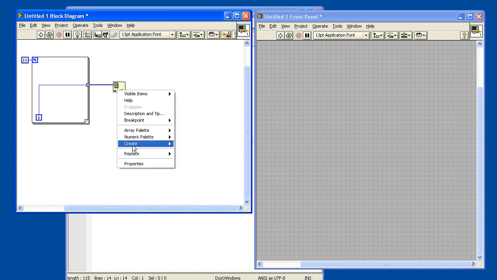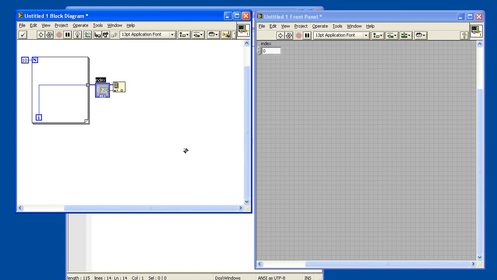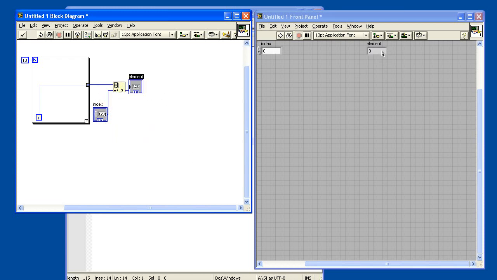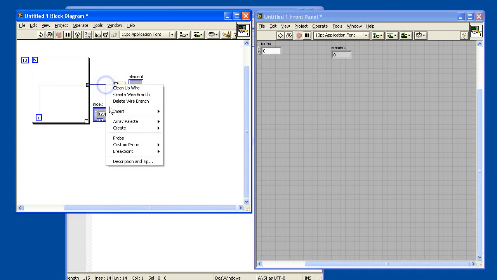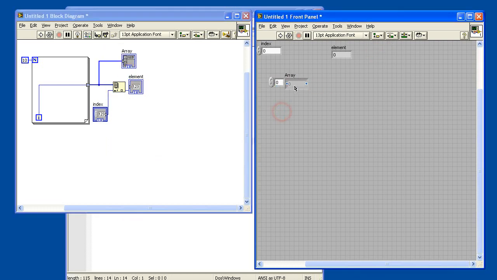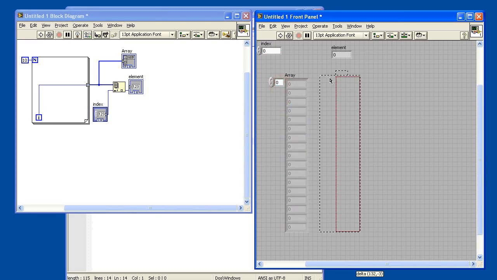I will create an indicator or control so I can show you what's happening. And for clarity, I will also create an indicator of the array I'm going to make. So now if I run it once,